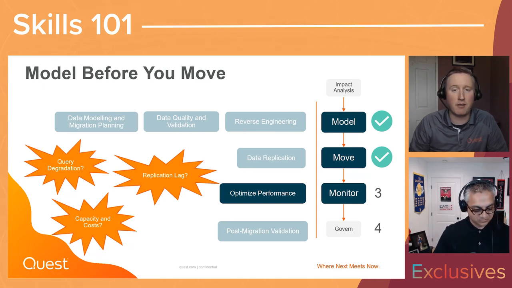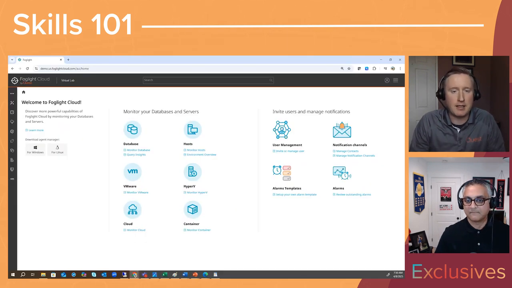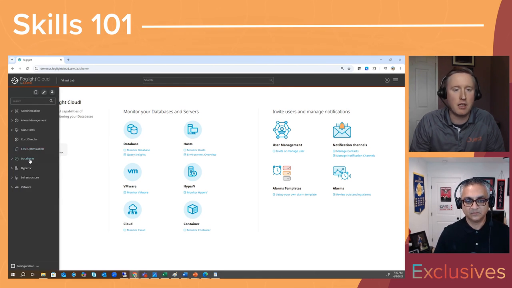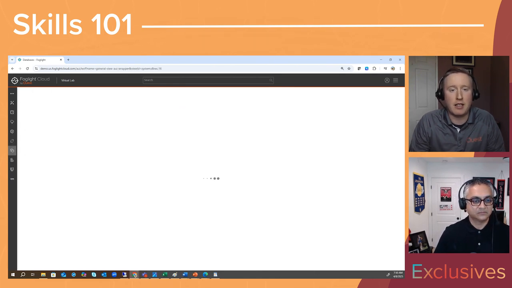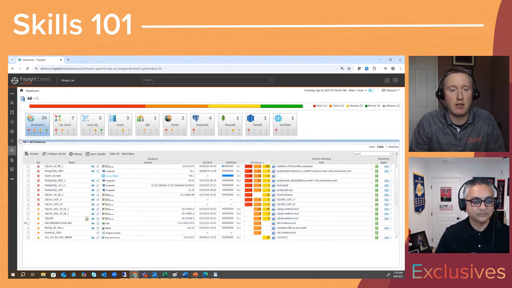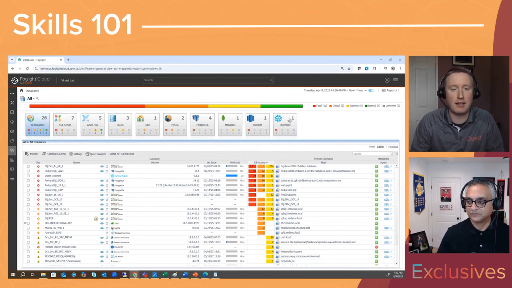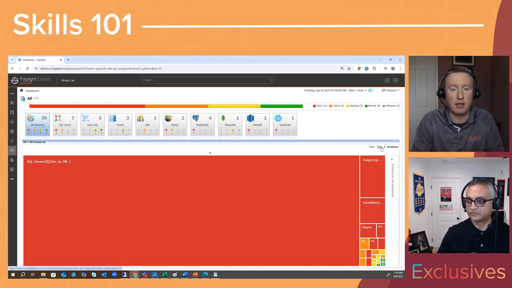Yeah, this is where Foglight comes in. If you're not familiar with Foglight, it provides that critical real-time database monitoring and observability. It's not just about knowing if things are running, it's about knowing how they're running. Foglight tracks things like query performance in both Oracle and Snowflake, so you can do a comparison in your